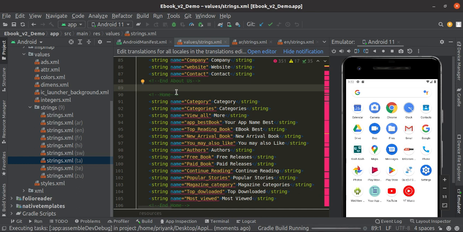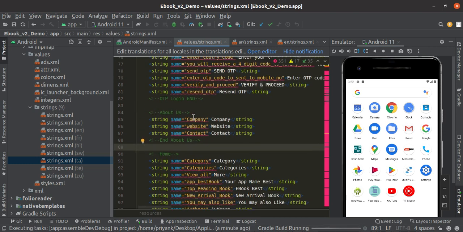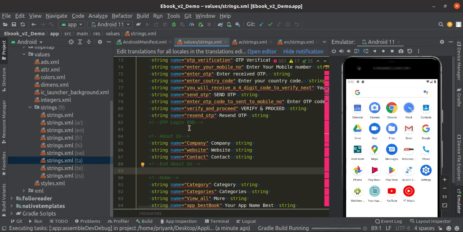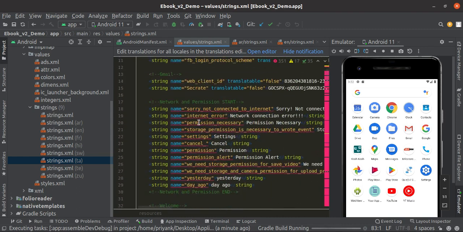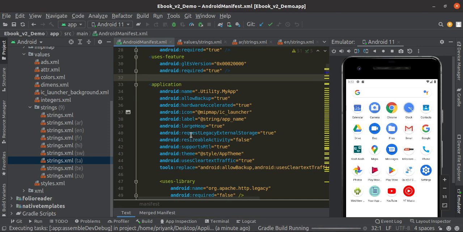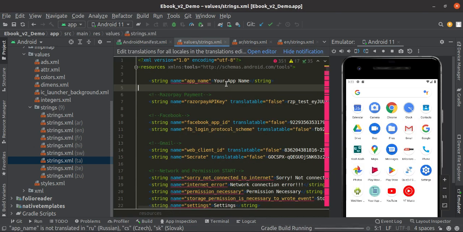It takes time to run. App name change is easy to change. Just see here a label, open this file. Here you have to set your name.